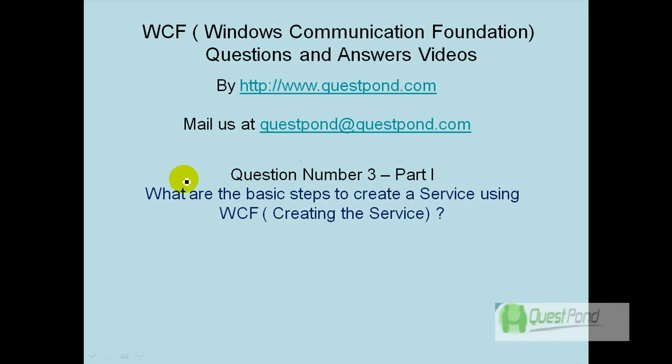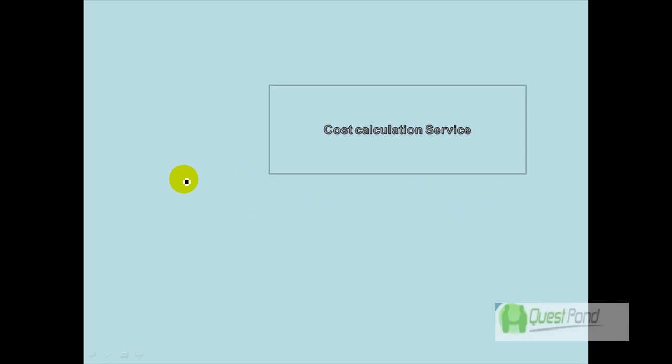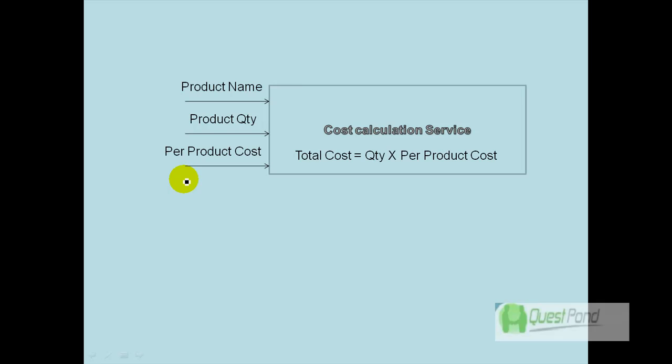Now let's talk about a small service which we are going to build. This is basically a cost calculation service. What it does is that it takes a product name, a product quantity, and a product cost, and then it multiplies the quantity with the per product cost and gives us the total cost. So this is a service which we would like to build using